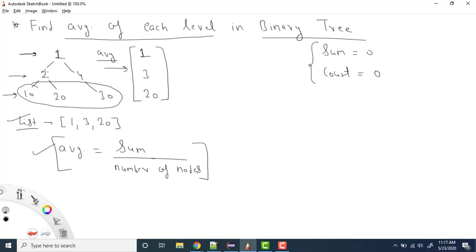For this level also, for this level also, for this level also. Now because we need to find the average level-wise, we can take the help of level order traversal, right? In level order traversal, if we implement it using a queue, we put the first element in the queue, then remove the element, and keep on printing the values level-order wise. The only problem that occurs is that it doesn't take care of where a particular level is ending, right?